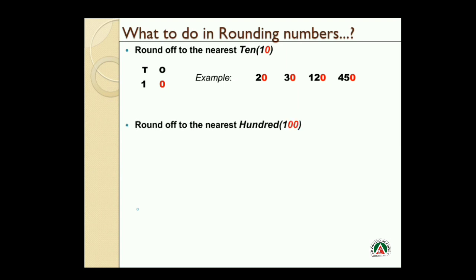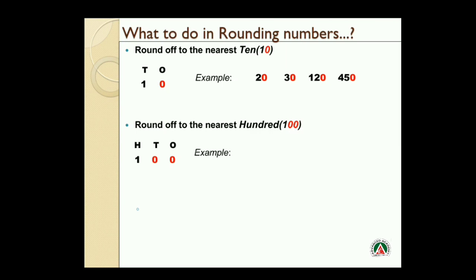If we want to round off a number to the nearest 100, what is the trick? See, we have place values: 100, tens and ones. These are the place values. Come on, let's put some numbers. In this also, we have to round off this number to the nearest 100. Okay, so up to this 100 place value any digit can be there, and the place value less than 100, what will come? Always 0 will be there.